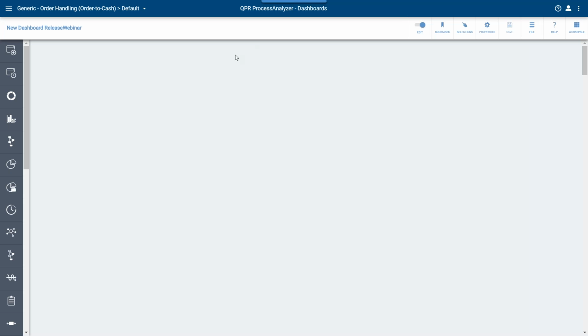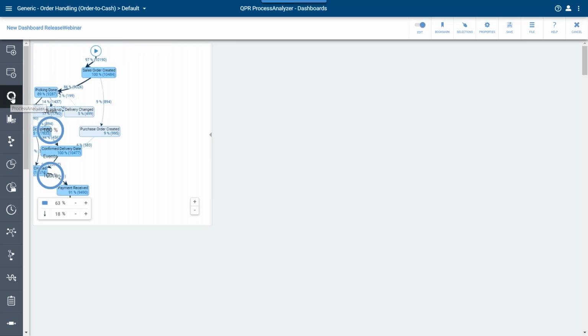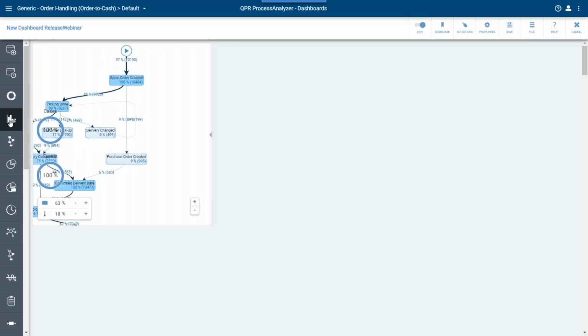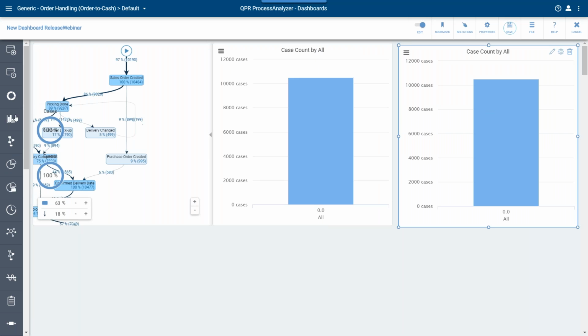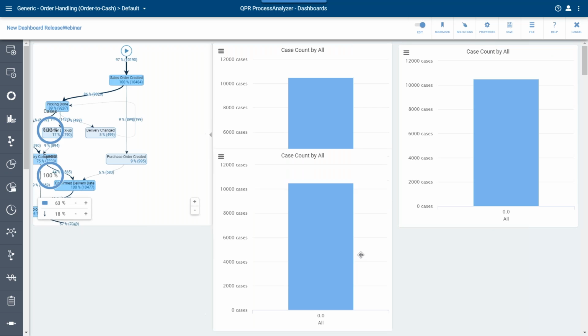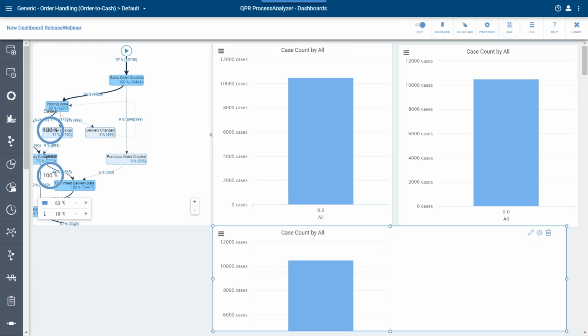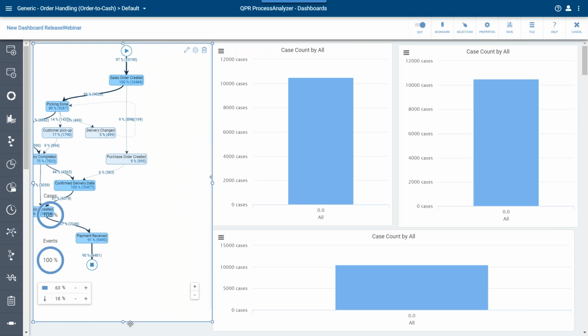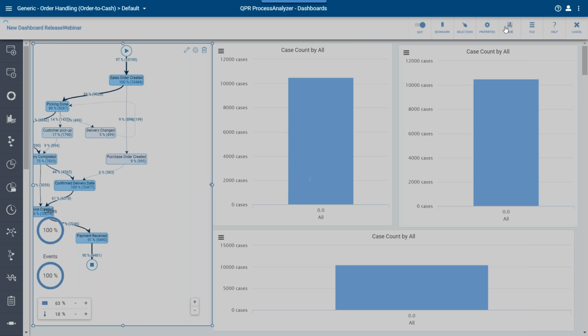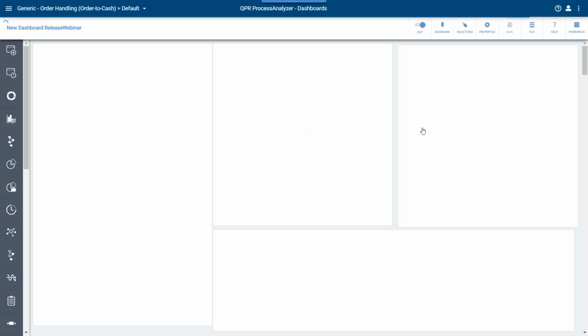So we have an empty view at the moment, and we have the dashboard toolbar over here, and then we just simply pick the controls that we want to see. Typically, we want to see the process analyzer over here, and then I like this KPI analysis. Let's take a couple of those, and let's fill in the empty space with another one. So we go like this, and let's give this a little bit more space. So now we have the dashboard running, and